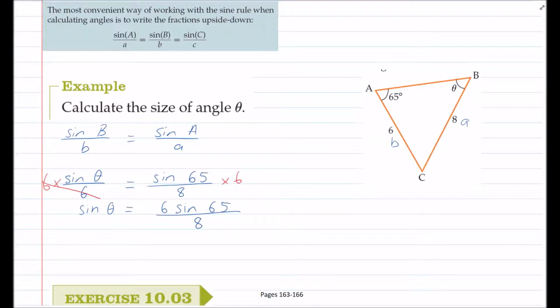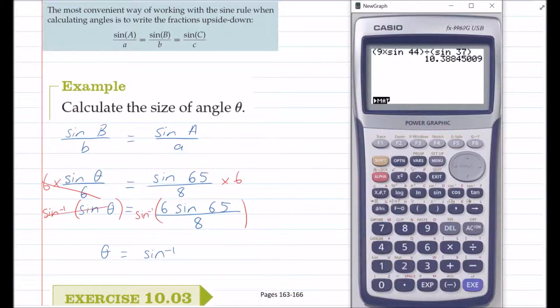And now we want to get theta by itself, so what we're going to do is take sine inverse of both sides. And sine inverse cancels out with sine, so all we're left with is theta. And sometimes to make your working easier, you might work out this thing inside the brackets first. So let's do that. So we have 6 sine 65 divided by 8, so that's